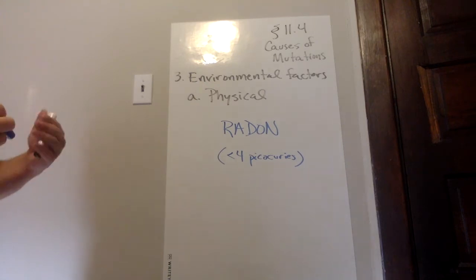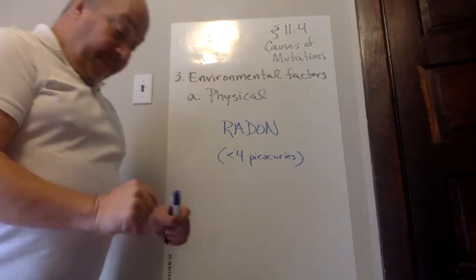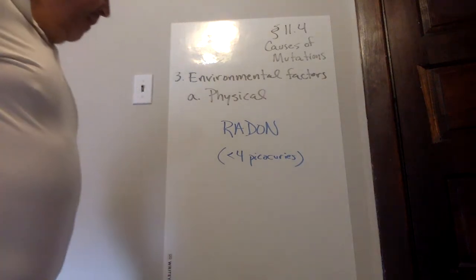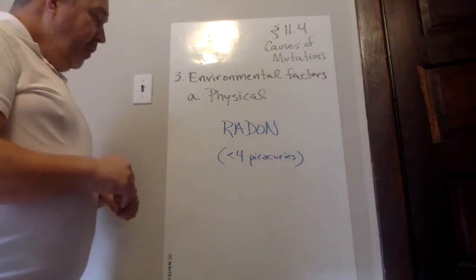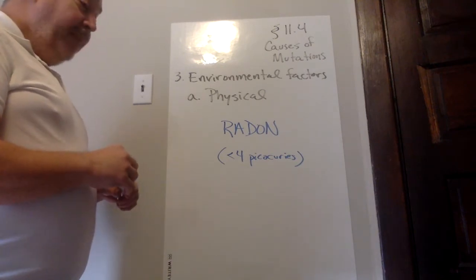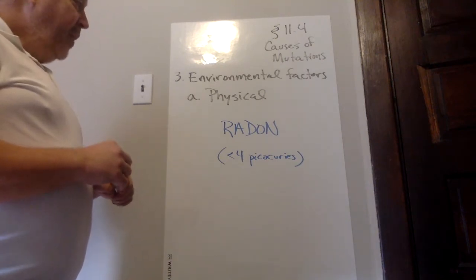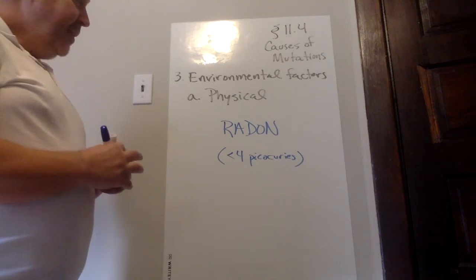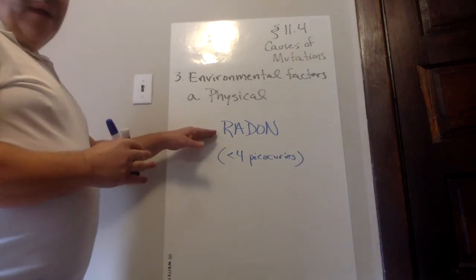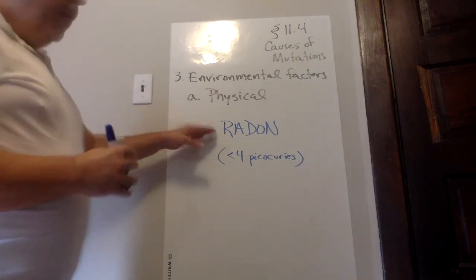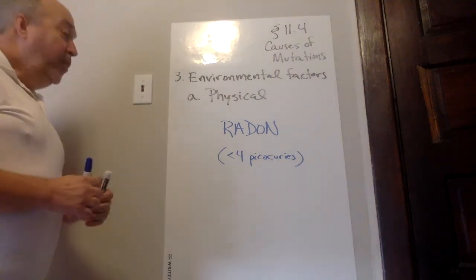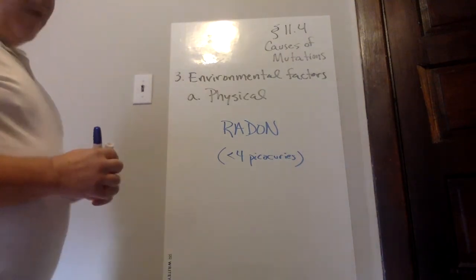Now, in Allegheny County, we actually have a high amount of radon that actually bubbles up from us. We are sitting on relatively large sources of uranium, and as uranium breaks down, one of the things it gives off is radon gas. So if you have not had your house tested for radon, please do. If you're ever buying a house, make sure you do radon testing because it is one of the biggest sources